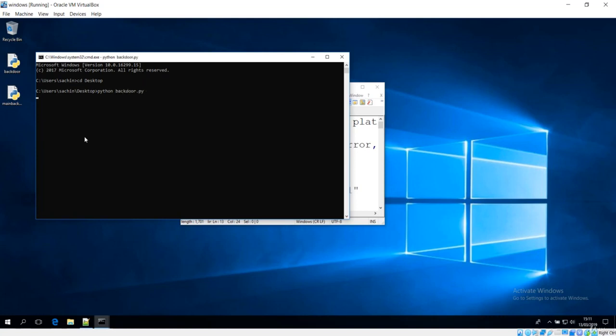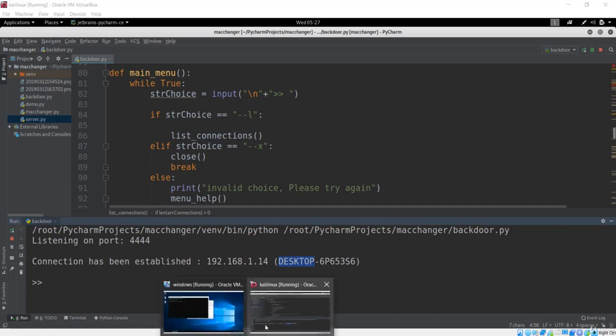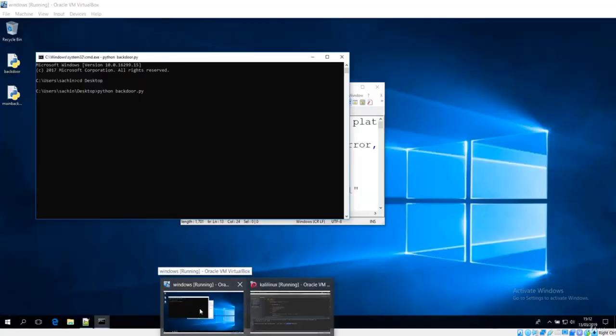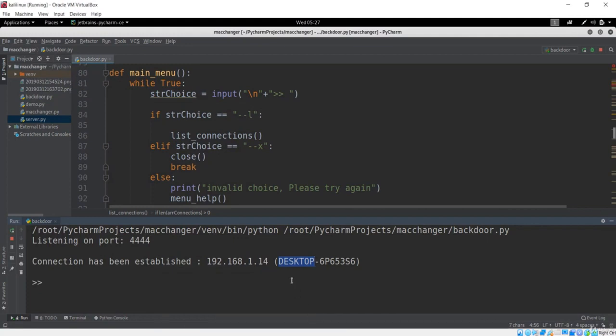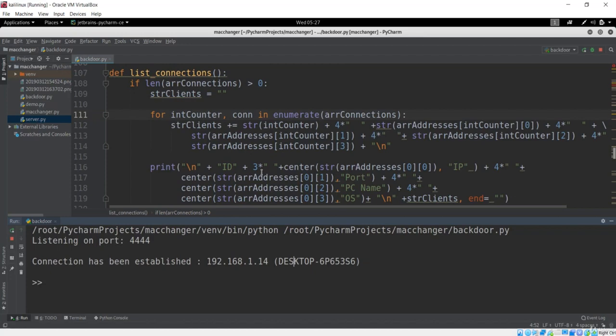So let me hit enter, and now let's go back to our server, which is this Kali Linux. It has shown us information. This is the information, and we have also got this message of desktop. You can clearly see over here we have this desktop message, which is the same machine that is right over here. This is the machine, and we just get the information over here saying that this is the IP addresses this is running on. Because if you see, I have formatted it in such a way that I'll just get that